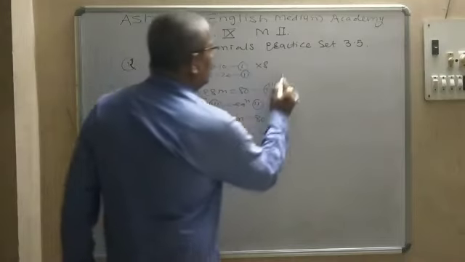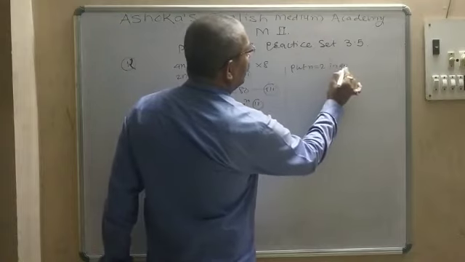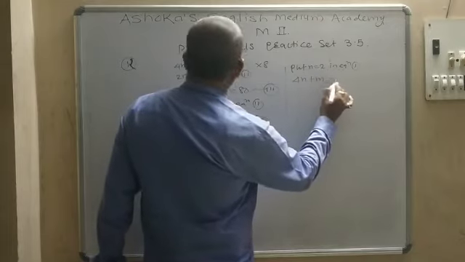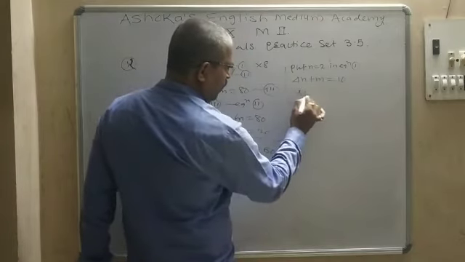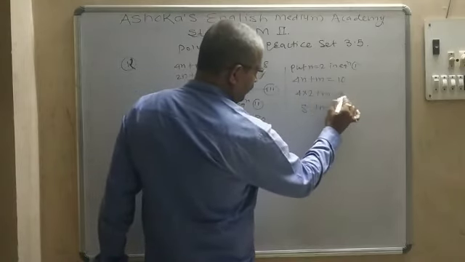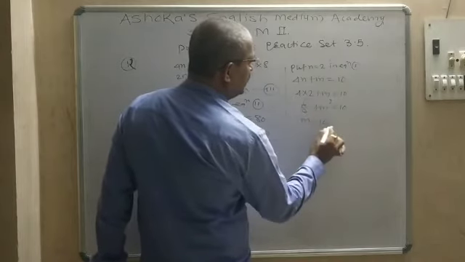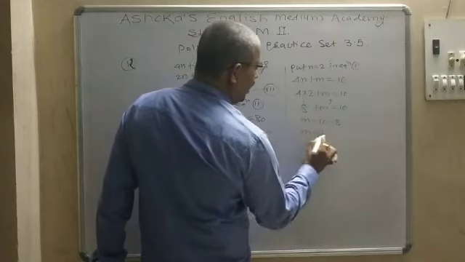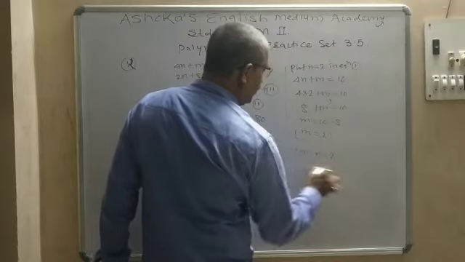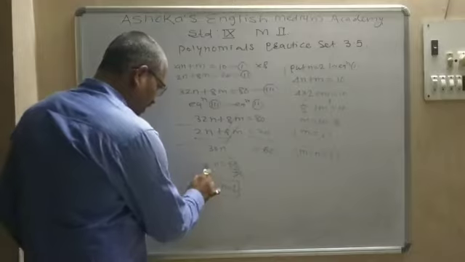Now put n is equal to 2 in equation 1. What is equation 1? 4n plus m is equal to 10. So 4n means 4 twos are 8, plus m is equal to 10. This 8 goes to the opposite side, becomes negative, and you will get m is equal to 2. Thus m is equal to 2. It is proved. Understand? It is a little bigger but simple.